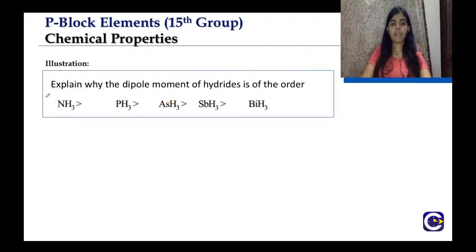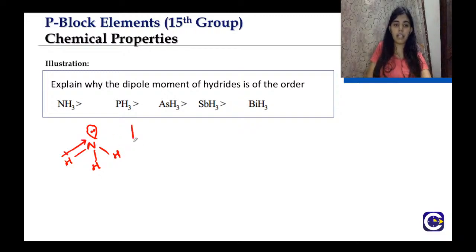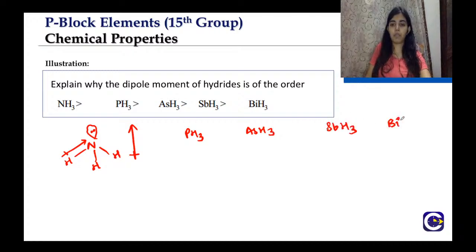Question is, explain why the dipole moment of hydrides is of the order. See, dipole moment is basically depending upon the electronegativity of the element, right? So here if you see, nitrogen is very electronegative, so it will tend to attract the electron density towards itself, and the resultant dipole will come out to be this. But in case of PH3 or arsenic hydride or antimony hydride, or bismuth one, what is happening here